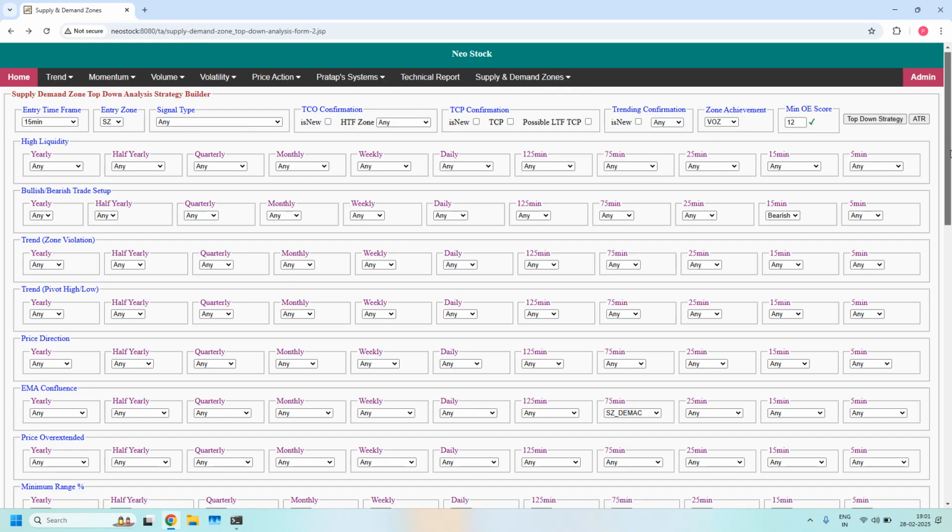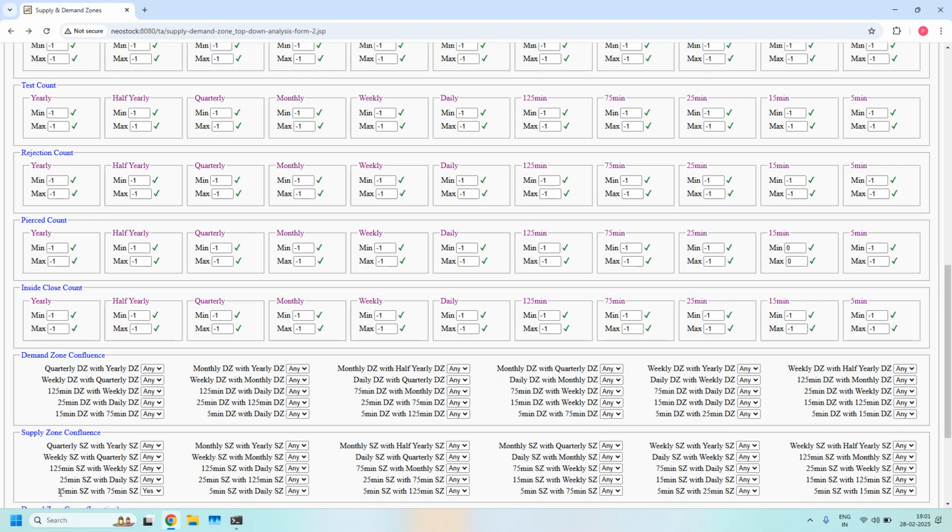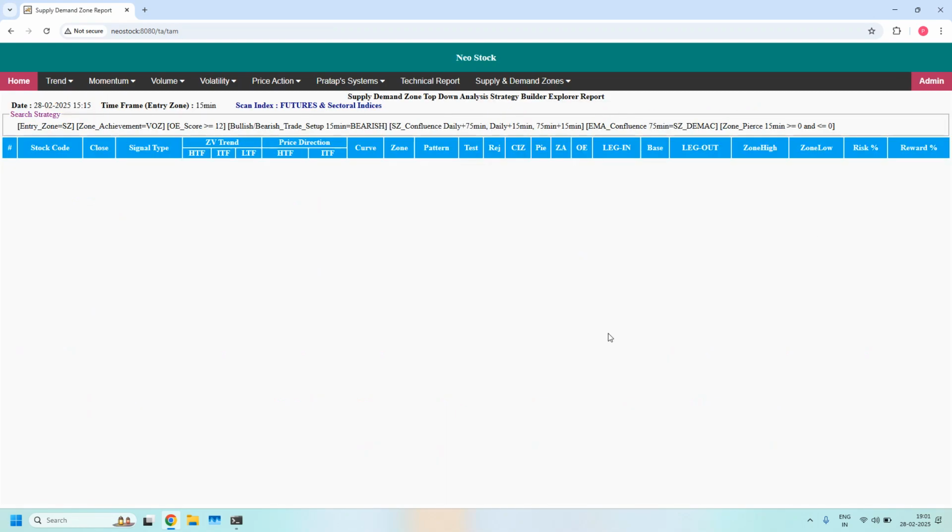Next we will look into LTF, ITF and HTF supply zone confluence: 15 minutes, 75 minutes and daily supply zone confluence. 15 minutes and 75 already enabled. Here the 15 minute supply zone with 75 minute supply zone filter is already enabled. Second filter, 15 minute supply zone with daily supply zone confluence. Next, 75 minute supply zone with daily supply zone confluence. With all the three filters enabled, we did not get any stocks. That means none of these stocks are supporting bearish trade setup with